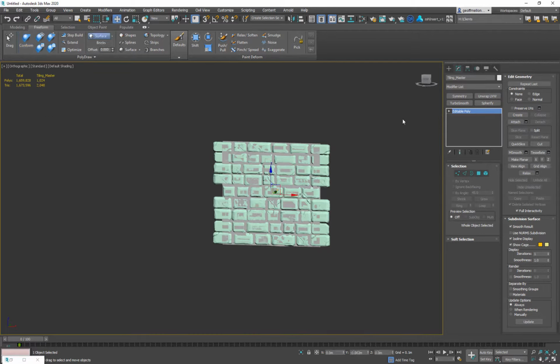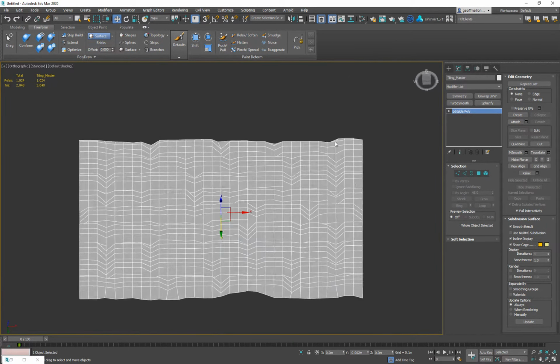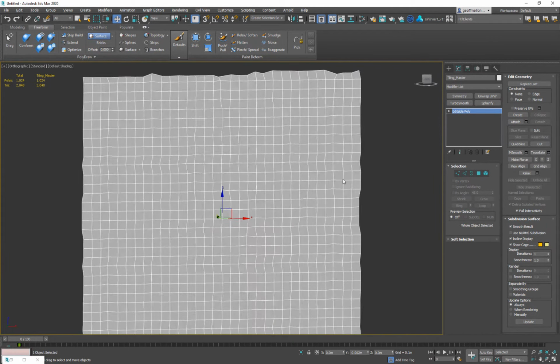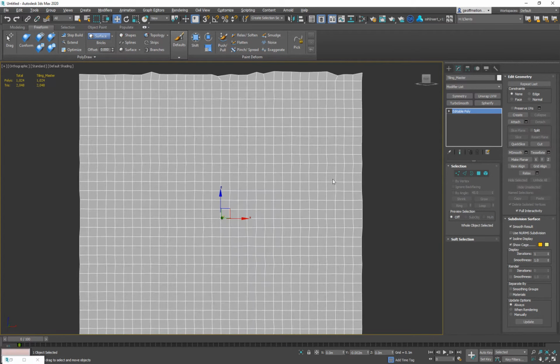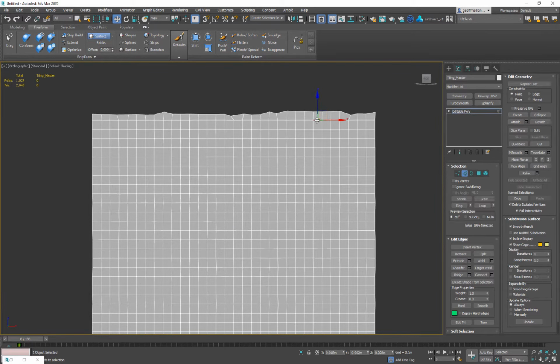And then I'm going to hide unselected and take a look at this. And it's really close. It's not perfect by any means. One of the things we did on the other one, right, is we got rid of some of these edges here. So to do it in Max, the way I do it is I go to 2 for editable edge,